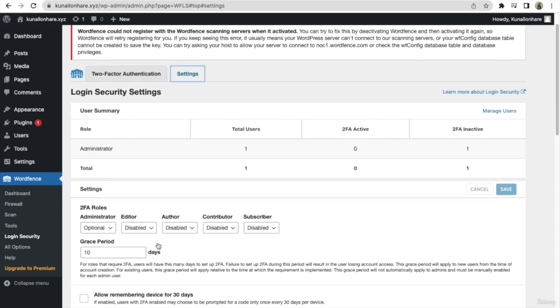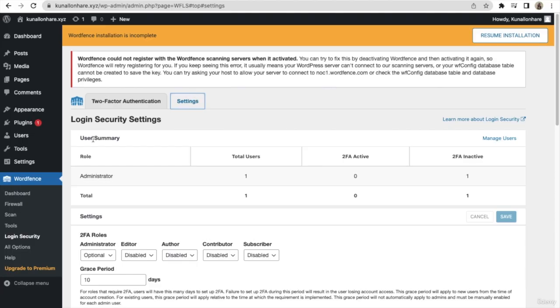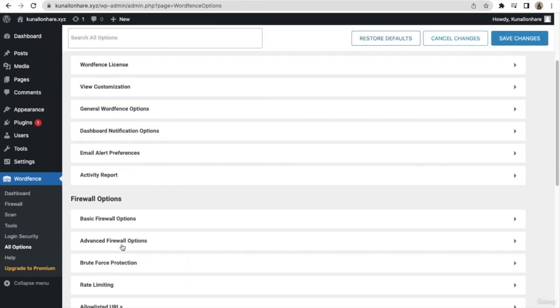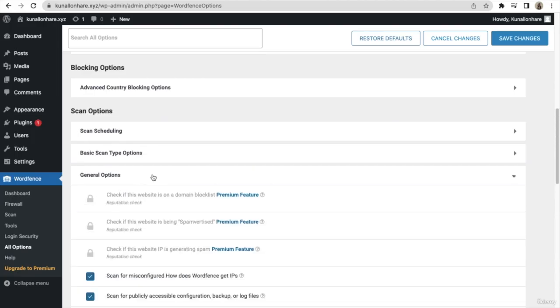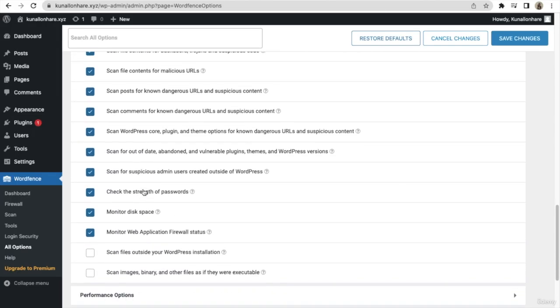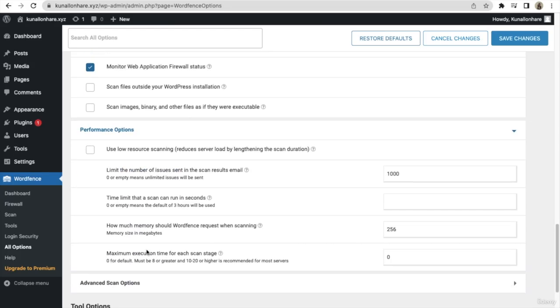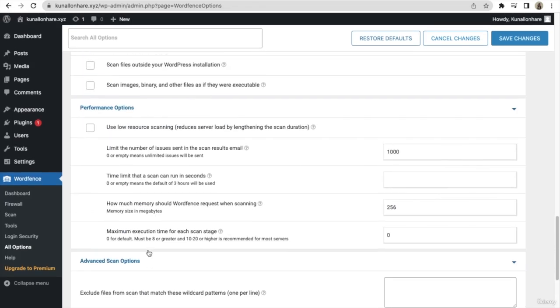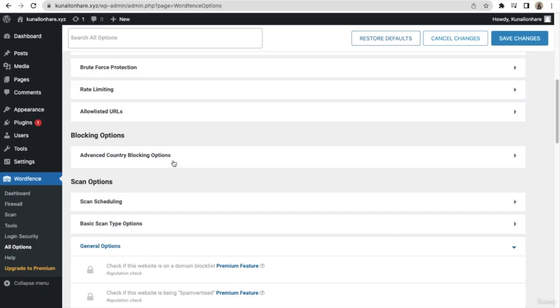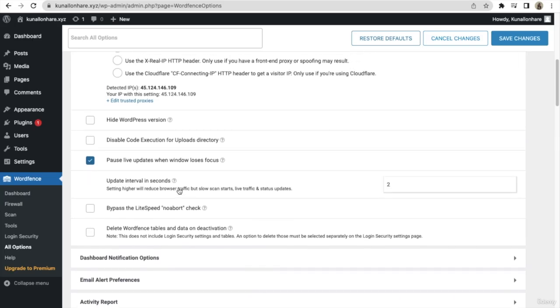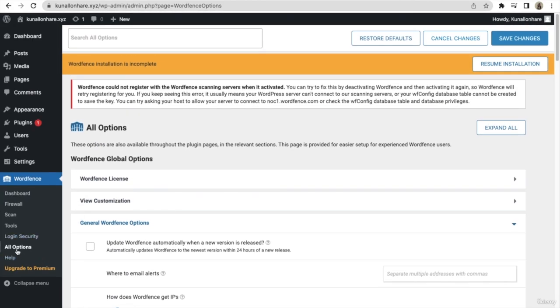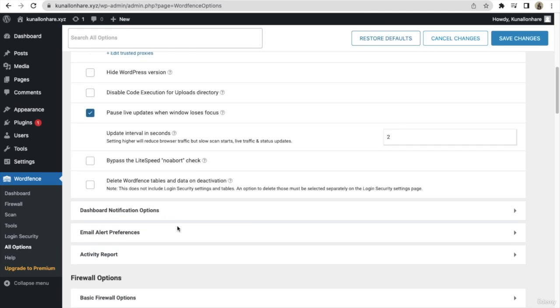No, it's not here. Okay, let me just go to settings. Let's go to all options, for example, and from all options, there we have an option of general options. Okay, so I guess here we have this option. Just go to all options, and they have this option of general Wordfence options, and from here you will see